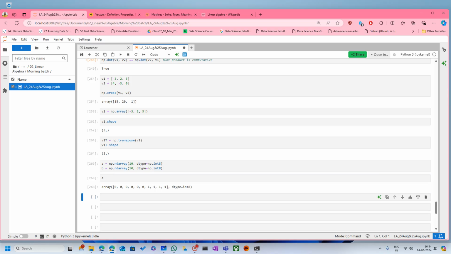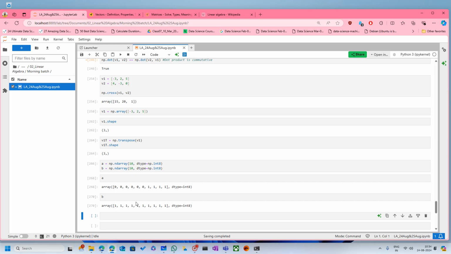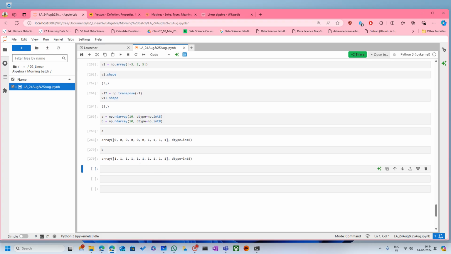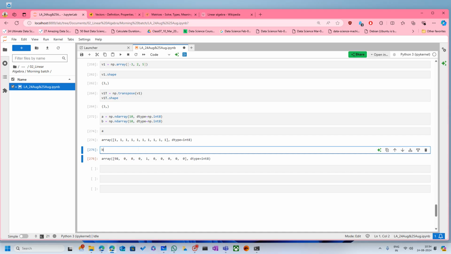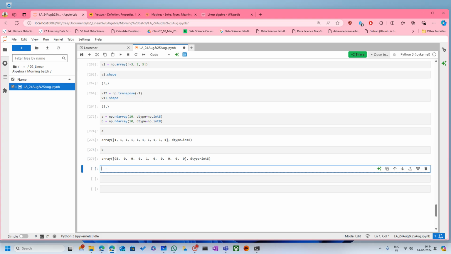If I run this, see, randomly it has chosen the values. Don't worry why the values are different. It randomly creates them. Don't worry about the values themselves, but try to pay attention to how you can get the transpose. Transpose of a I will calculate first, but I will multiply b just only so that